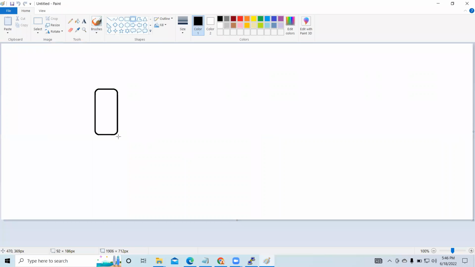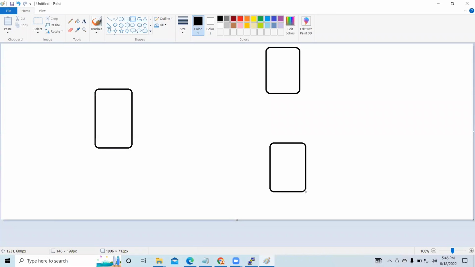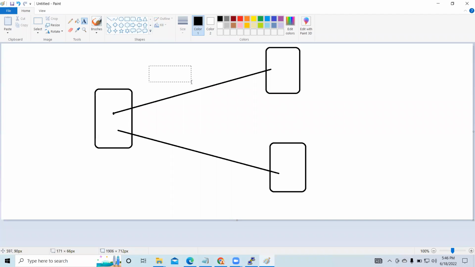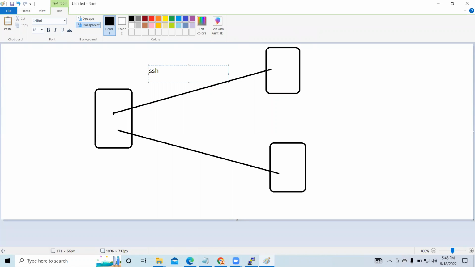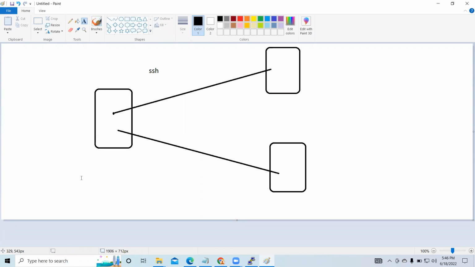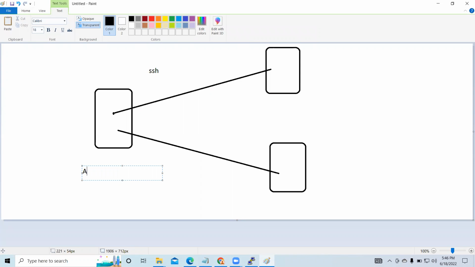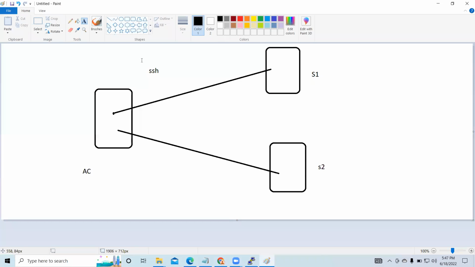This is the controller machine. These are the servers. We use SSH to connect these servers, isn't it? Ansible controller is there. This is server 1 and this is server 2. So when we configure SSH,